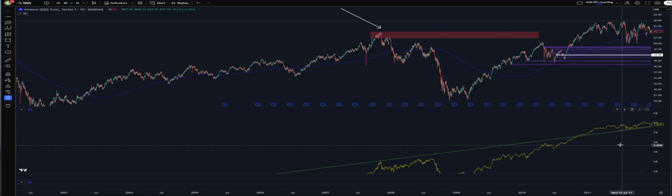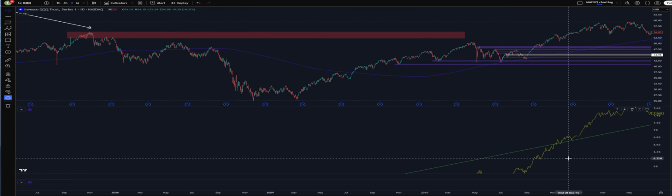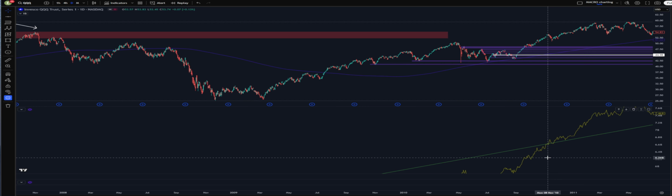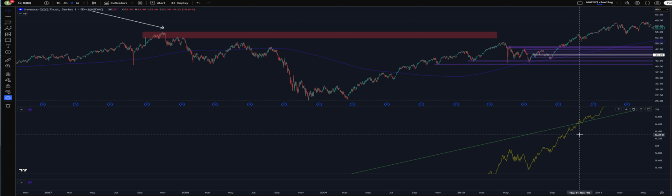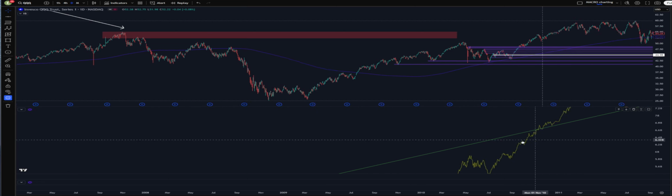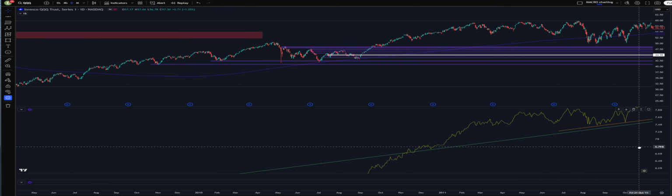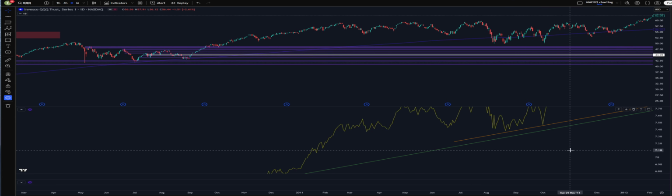So in 2012, we finally break above it. What happens when you break above resistance? When you break above resistance, it becomes support, SR flip. Okay. Now let's look, after drawing this up,